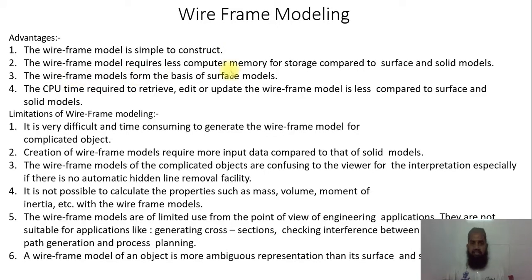The wireframe model requires less computer memory. As I know, it uses different types of geometry like lines, circles, and points, so the storage area in memory is very small. Very little memory is required to store the data of wireframe modeling compared to surface and solid modeling, because it is totally hollow from inside, and only a few entities, a line diagram, are there. It is not like any surface or any solid mass inside, nothing. Only a line diagram is there. Very little computer memory is required to store the wireframe model.